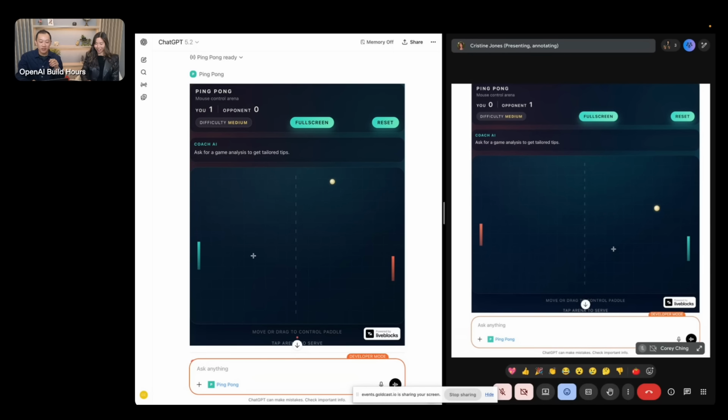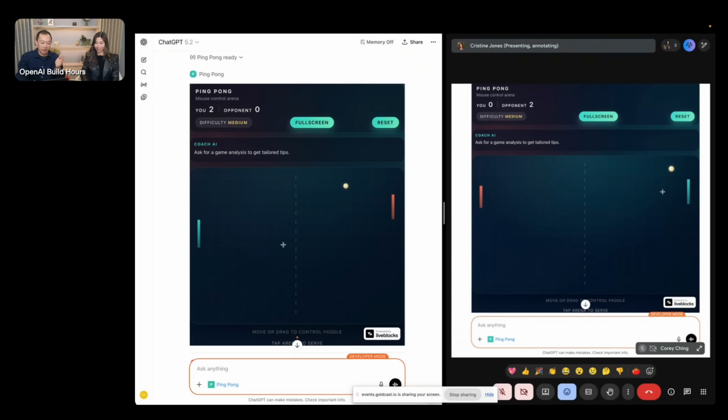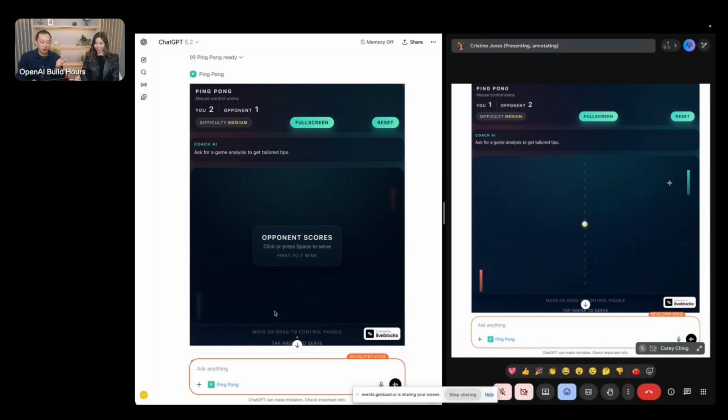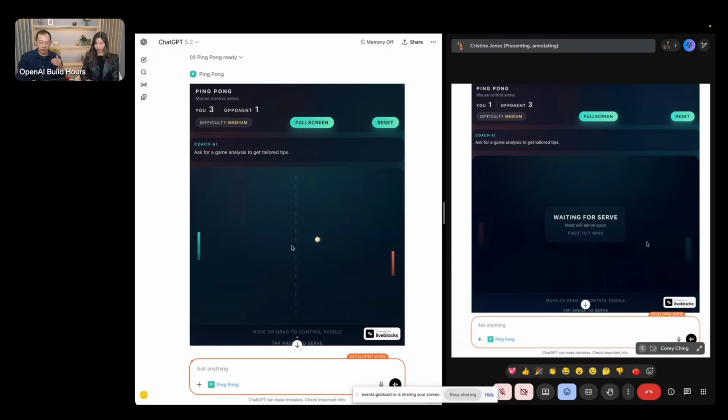But the point is, this is the first ever real-time multiplayer app ever in ChatGPT, or at least the one I've seen. And that's a lot of fun. You can create an experience that is a game, or you can imagine this being done for something more in a business workflow, like a live editor or things of that nature. But a game is a really fun example. You could play with your friends.